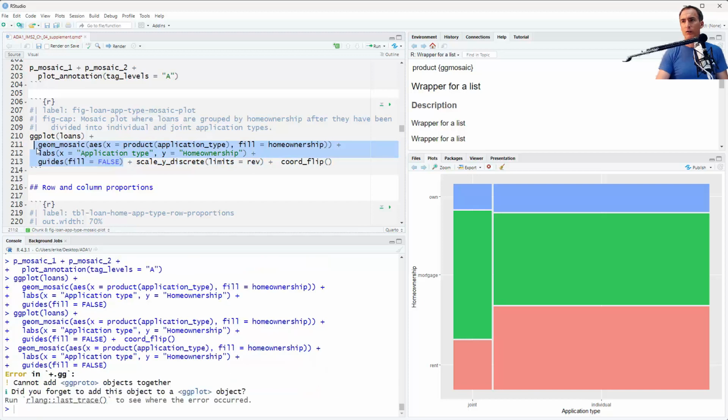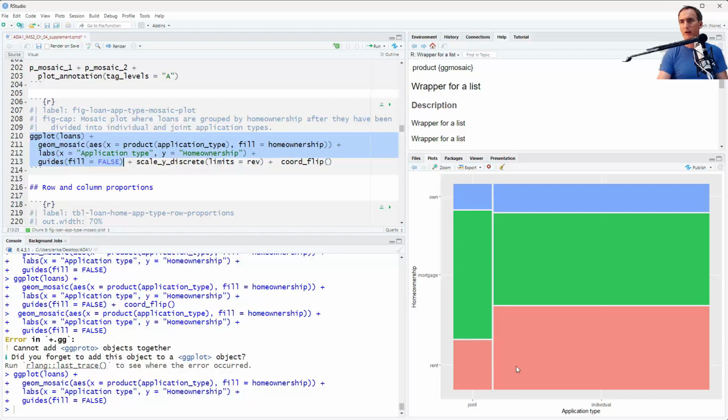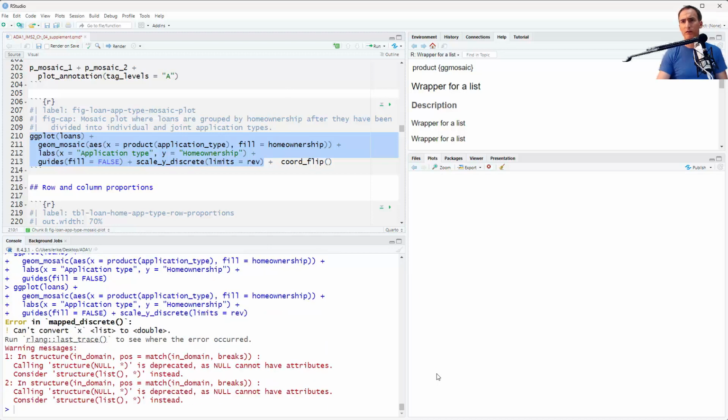Okay. This is where we're starting. Oh, boo. I have to start from the ggplot loans. Okay. So this is our original plot. Now we're going to reverse the limits for the y-axis. That means we're basically going to flip the axis. Right now, own is at the top, rent is at the bottom. If we run this,